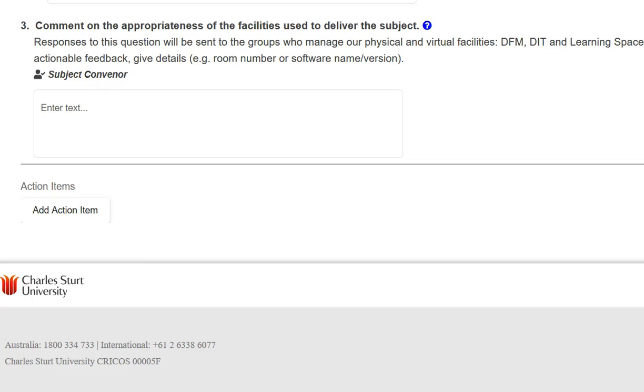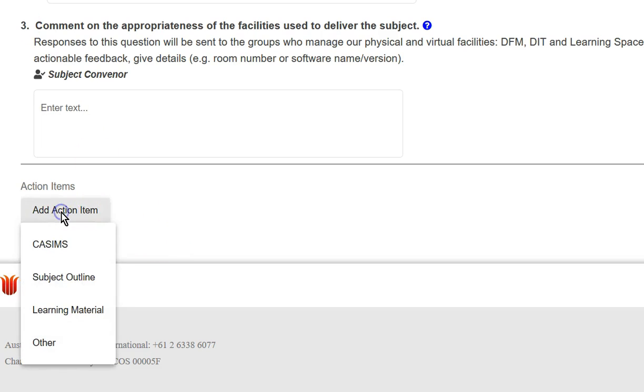At the base of the reflection and planning form, you'll find an Add Action Items. If you click on that, you have a choice of CHASMs, subject outline, learning materials, or other. This is for any actions that need to take place in the subject as a consequence of your reflection and planning. So if you choose CHASMs,